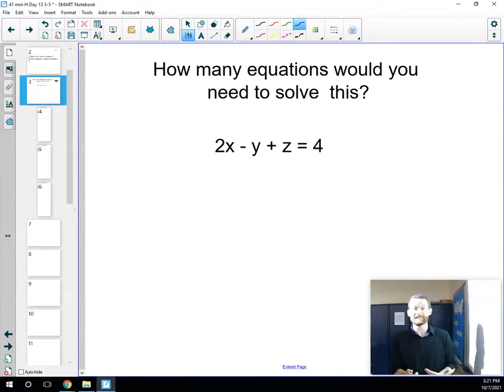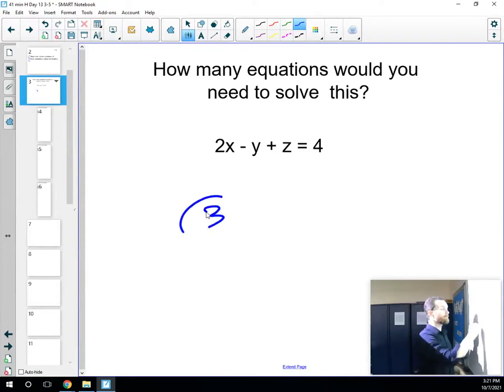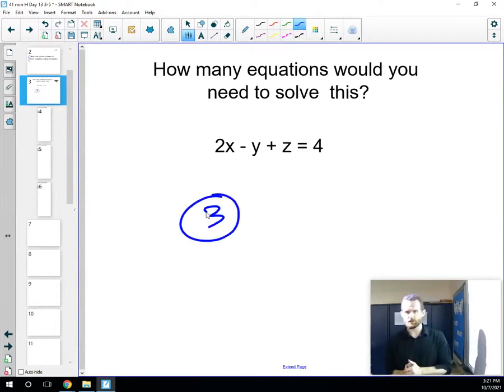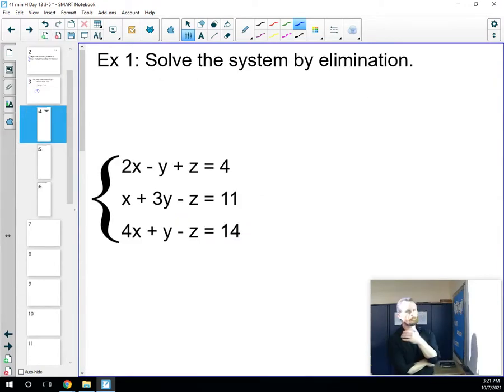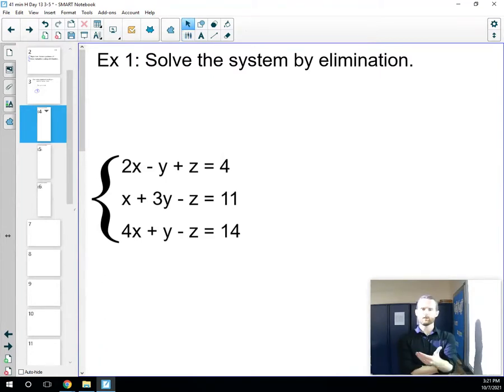So how many equations would we need? The answer is 3. Because remember, the number of equations must always match the number of variables. So if we have two variables we have to find, two equations is good enough. If we've got three variables we have to find, then we need an additional equation. We need 3 in order to solve it. Let's take a look at example 1. So we're going to solve this system by elimination. We've got 2x minus y plus z equals 4, x plus 3y minus z equals 11, and 4x plus y